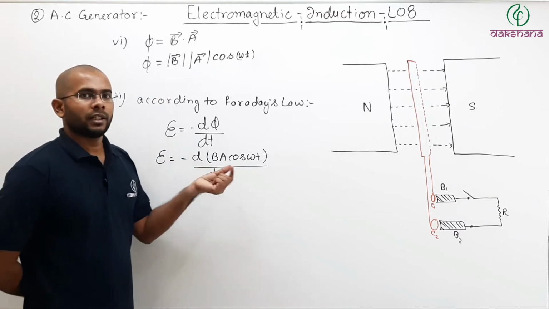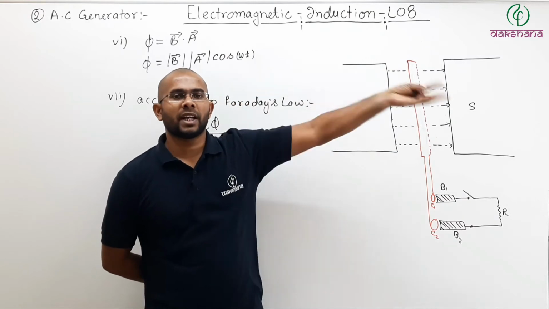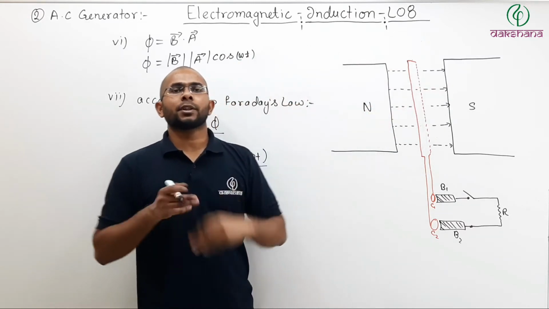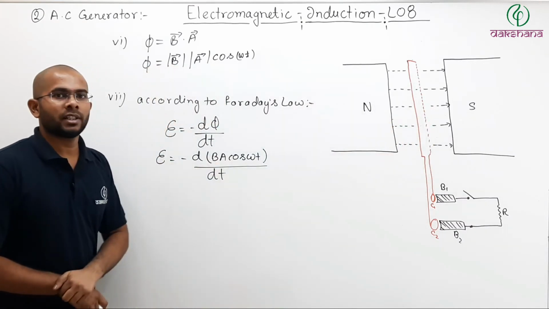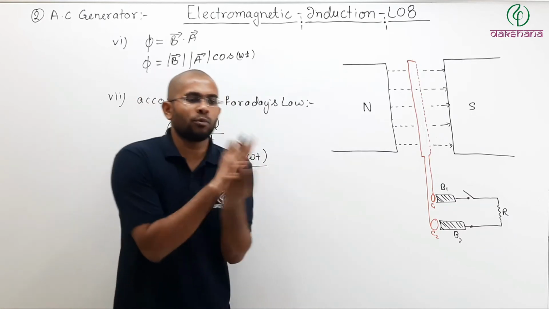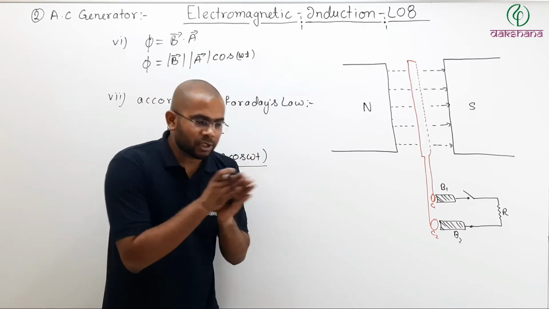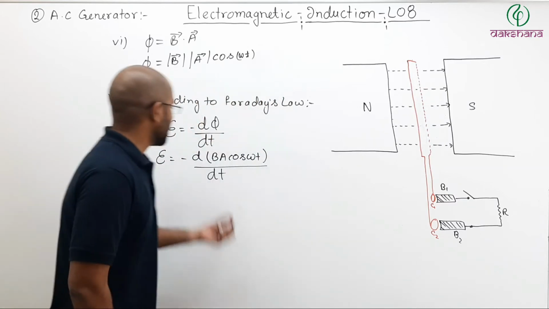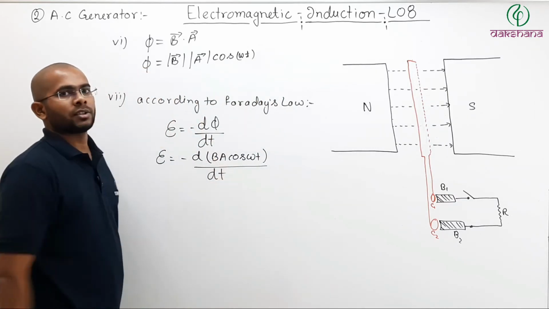Now B is such that the magnetic field is produced by some other mechanism, by an electromagnet or a permanent magnet. So however you rotate your coil, the magnetic field does not change. So B is a constant. Even if the loop is rotating, the direction of the area vector will change, but the magnitude will remain the same, meaning magnitude A can be taken as constant. So take B and A as constant.